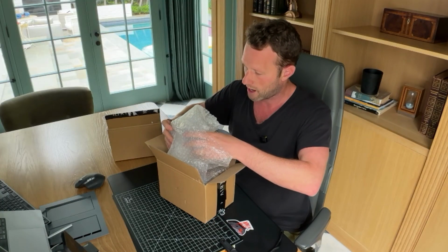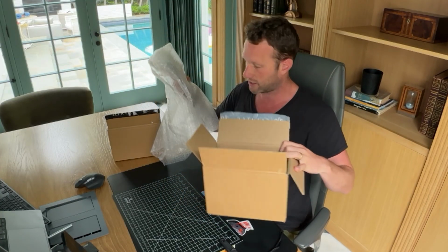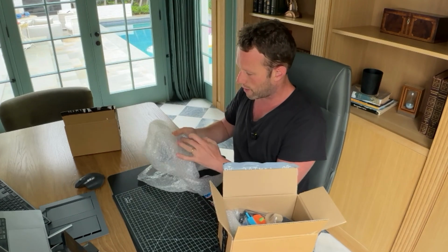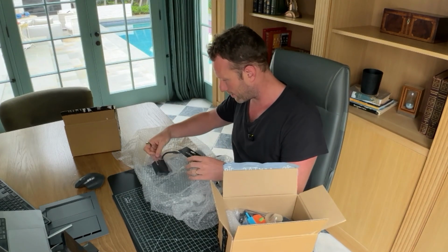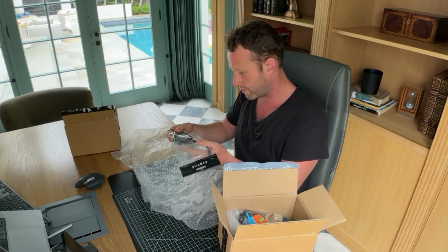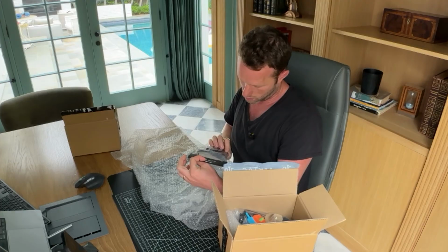And it's been very well packaged. Packaging is excellent. And we're going to see what is in here. So already I'm quite excited because you can see right there we've got some quite cool stuff. This looks like it's going to be an adapter. And this is going to be an adapter for...